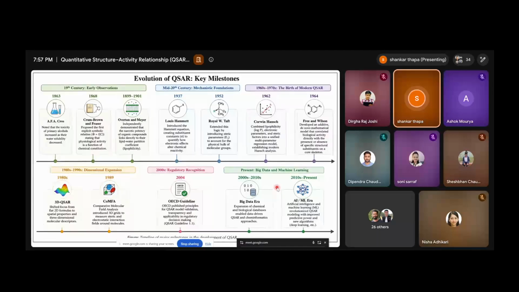Okay, so the brief history is there. I will share the slide with everyone so that you can go through it. I don't think it is important at this stage to study all this history. It started from the early 18th, 19th century. So 1863, and then the main things were developed in 1962 by Hansch, and afterwards a lot of Free and Wilson's models came because there were some drawbacks in Hansch's equations also, and then Free and Wilson derived another equation, where they proposed the additive properties.